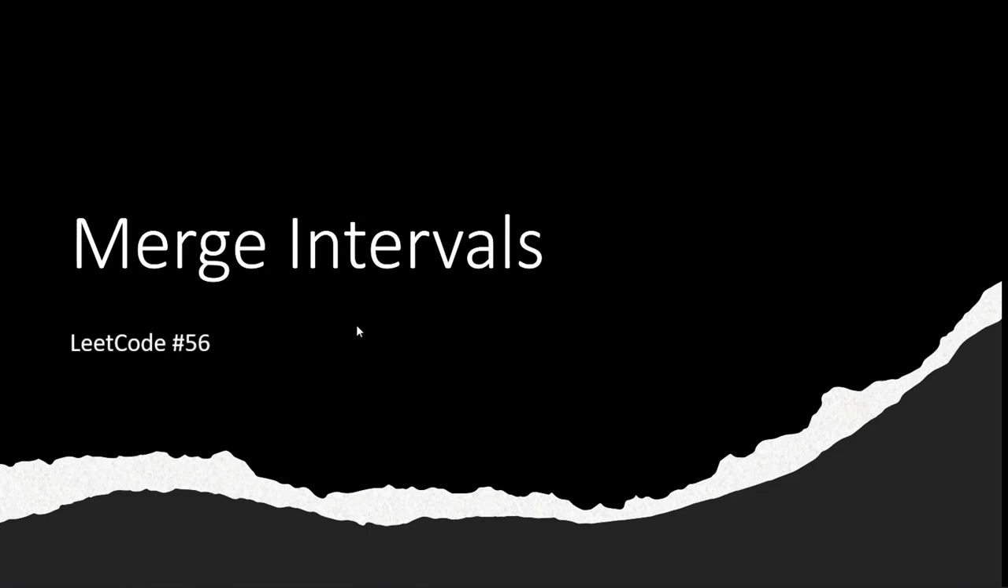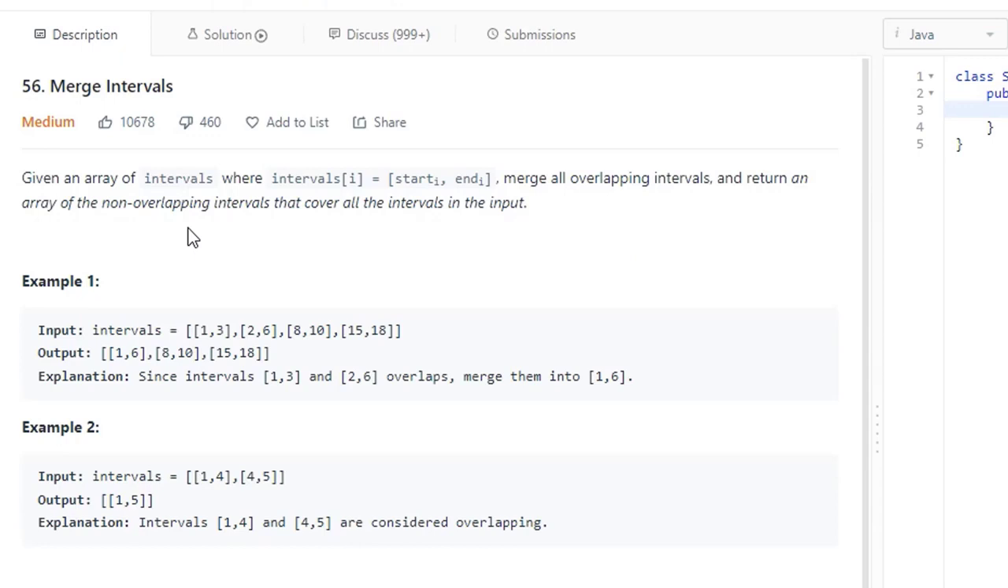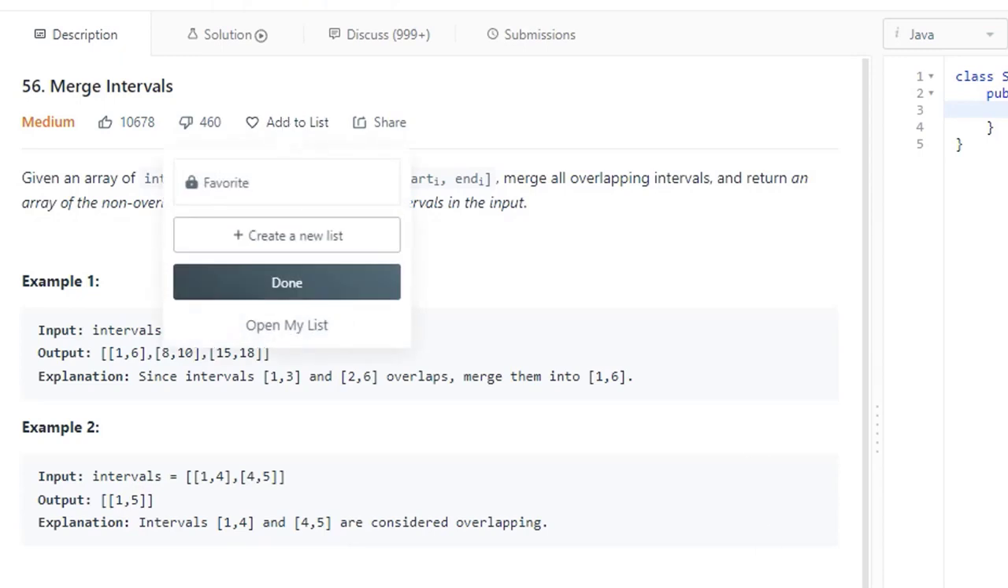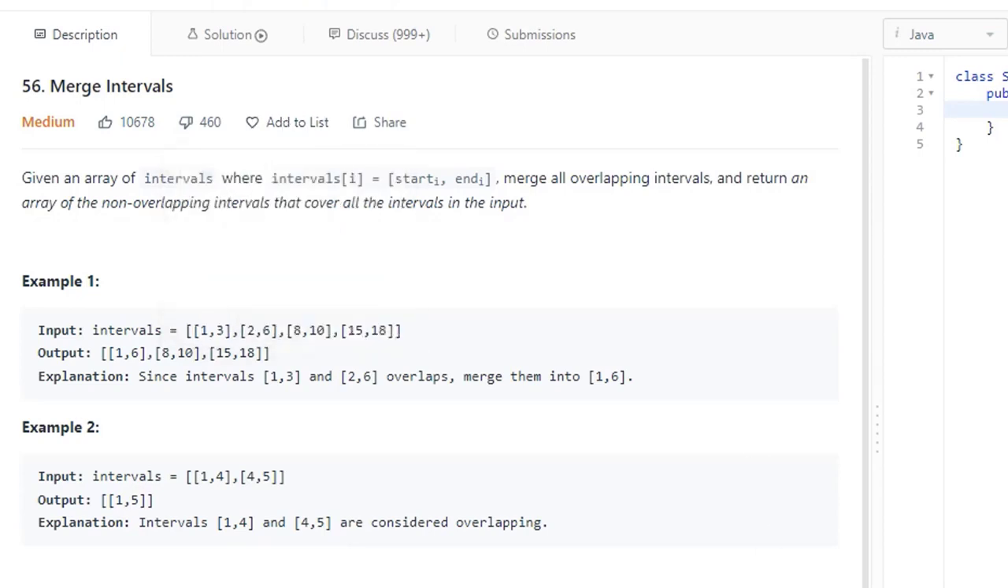Hello everyone. In this video we're going to be going through LeetCode problem 56, which is Merge Intervals. This is a medium problem and is the third most popular question on LeetCode with a 98.63% frequency. So given an array of intervals, where intervals[i] has a start and an ending interval,